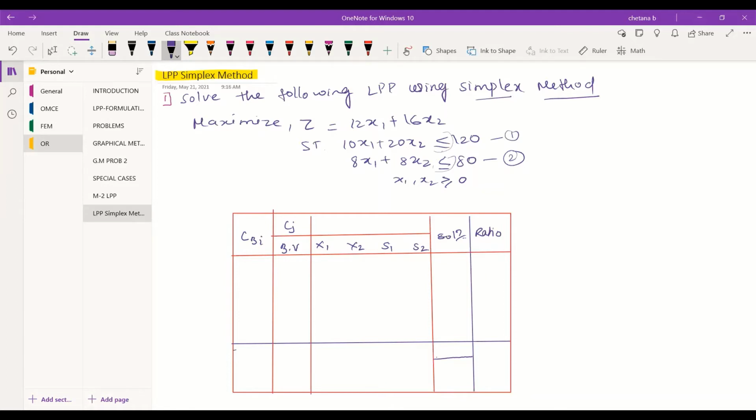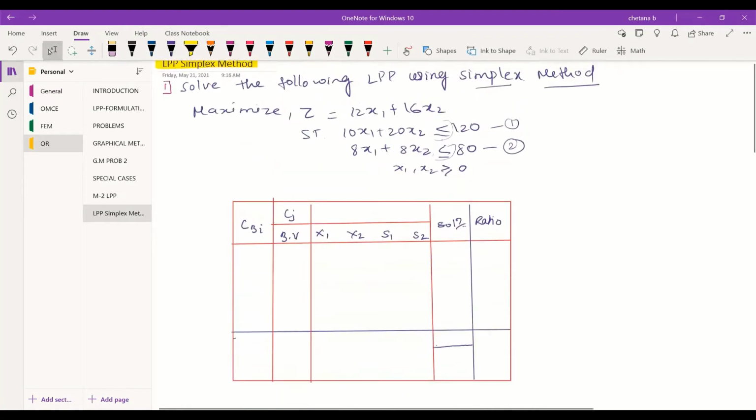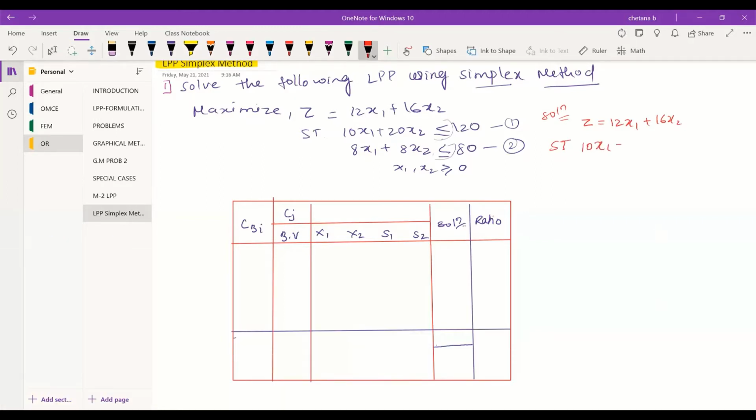So the first thing you need to do here, the solution part: Z is equal to 12x1 plus 16x2. I'll stop here. I'll take the second part, the formulation, that is the constraints. So this Z is subject to 10x1 plus 20x2